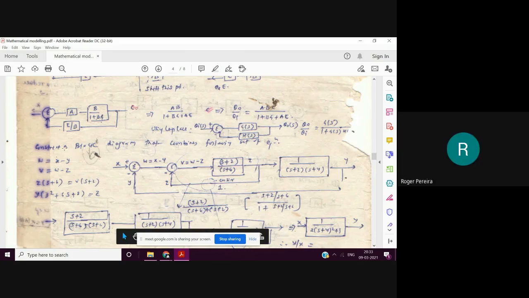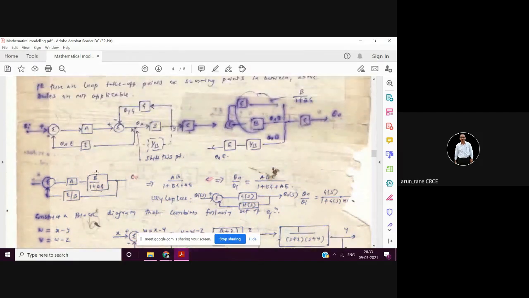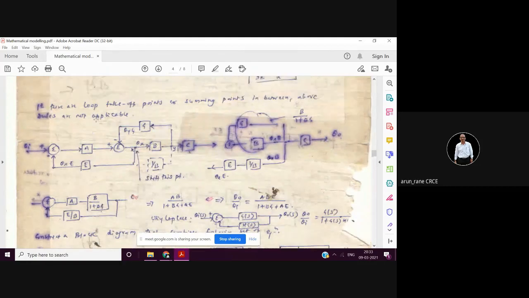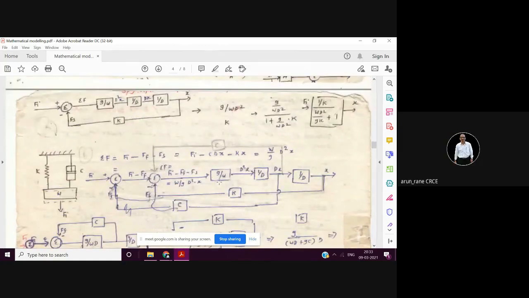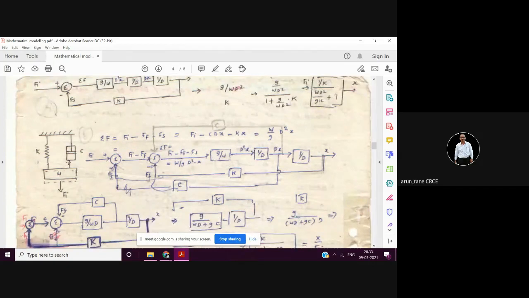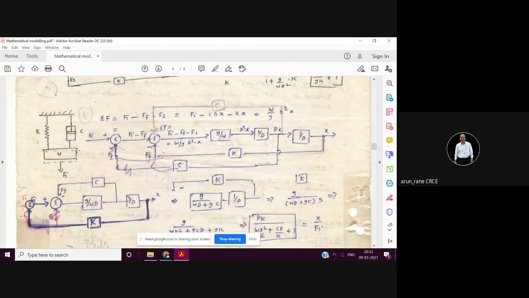Okay. So now in this, the question is this: construct a block diagram that combines the following set of equations. So this is given. Now in the earlier case, so far whatever we discussed here, this diagram was given, and from this diagram we prepared the initial block diagram, and then we reduced it. See, there is a twist everywhere. First was only spring mass, then this was your spring mass damping. So this is given, and the question is derive the transfer function using block diagram method.